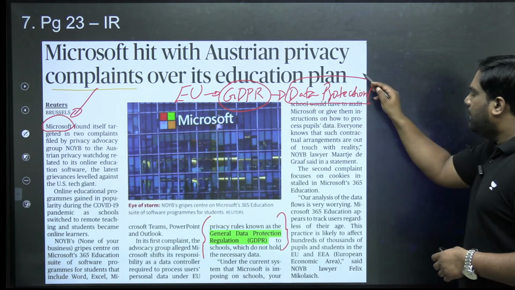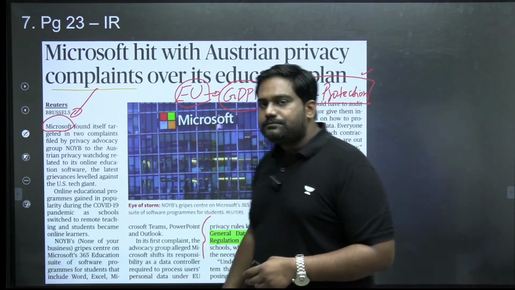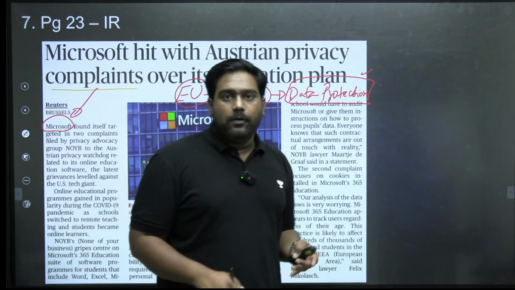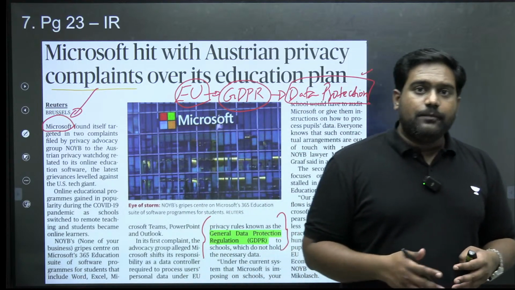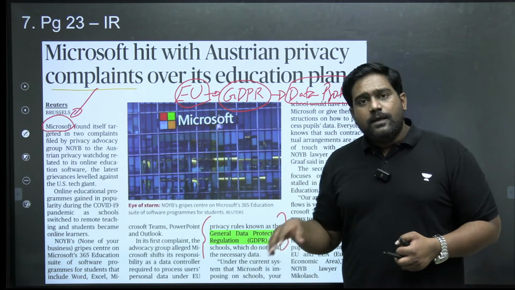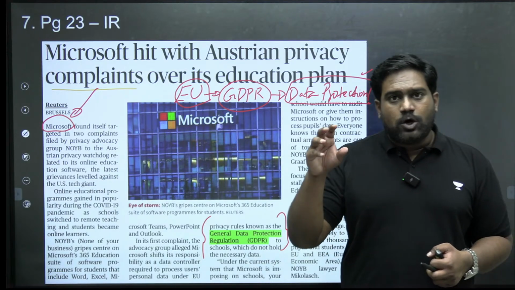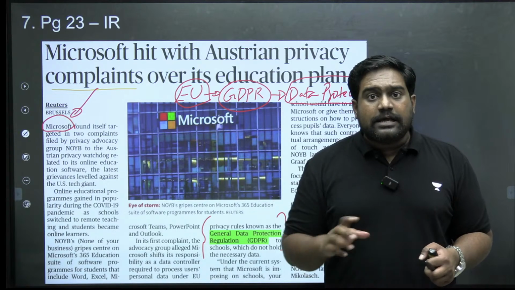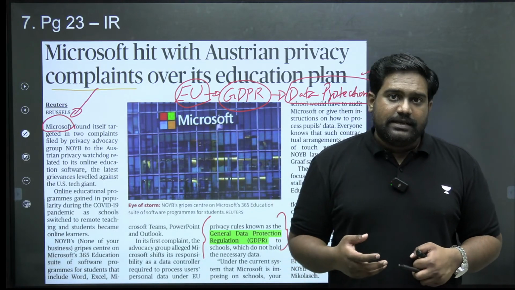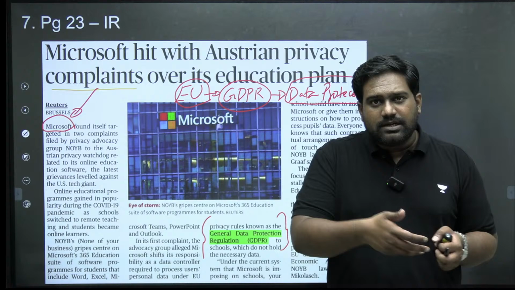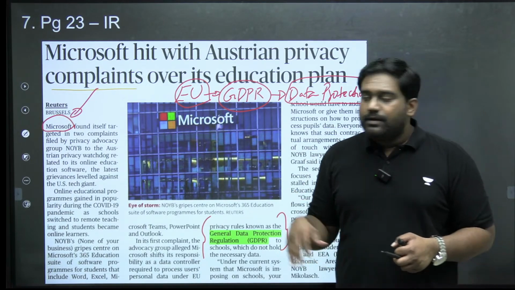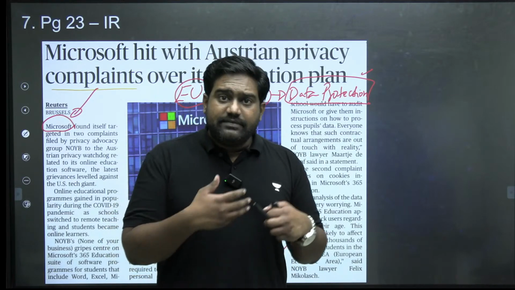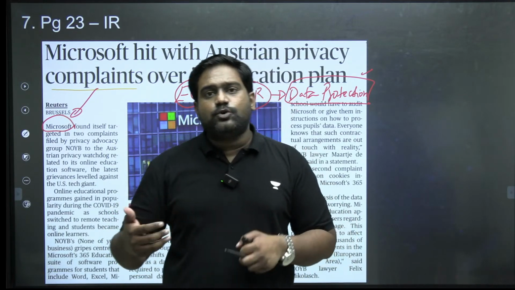It is seen as a model regulatory framework. See, in India as well, recently, we enacted the digital data protection law. It mainly focuses on placing certain obligations and restrictions on the tech companies which are handling your personal data, right? They're called the data fiduciaries. Essentially, they are the intermediaries who are collecting, processing, and transferring your data. It places restrictions on government agencies as well, because even they would be involved in collection, processing, storing, and transferring